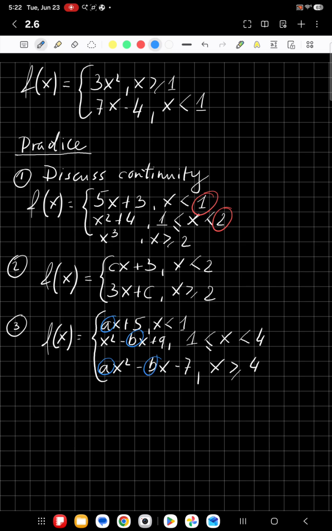Okay, so let me give you answers. The first one is discontinuous at 1. Let's put that c there, actually. At c equals 1. And continuous at c equals 2. That's the second problem. Let me see. The answer is c equals